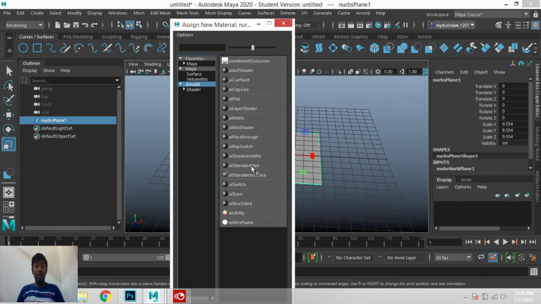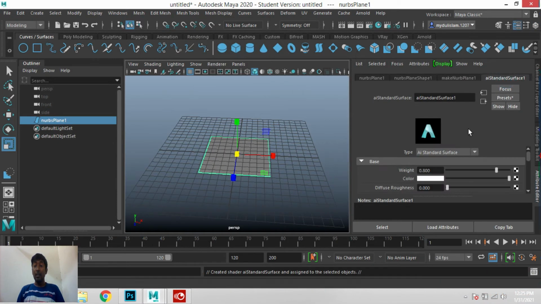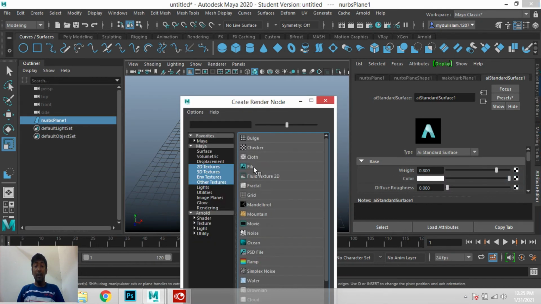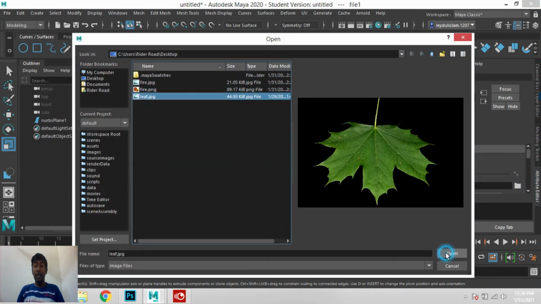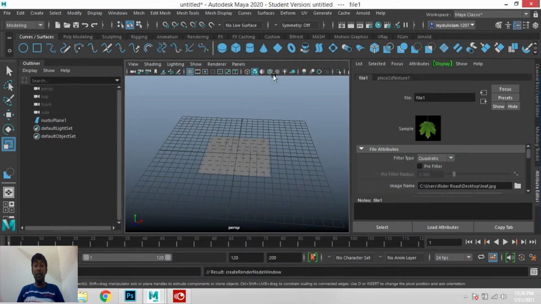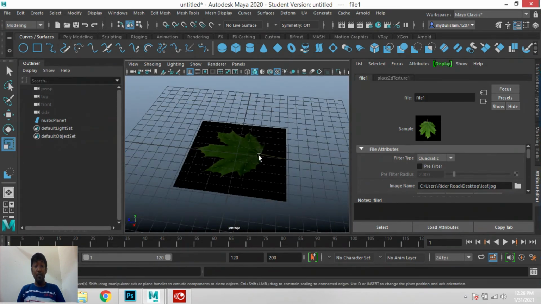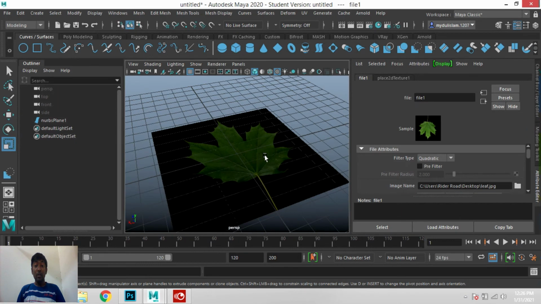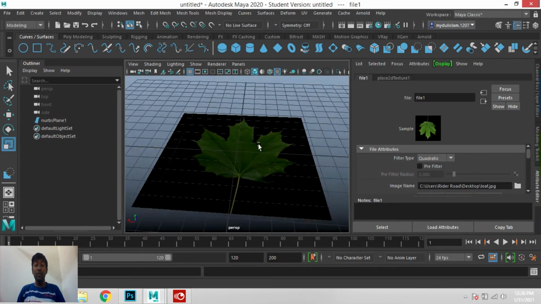Select Arnold, aiStandardSurface. Click on this base color checker box. File, locate your leaf image. I have downloaded the image from Wikimedia. Just search this image on Wikimedia.